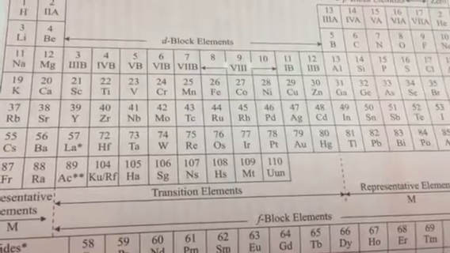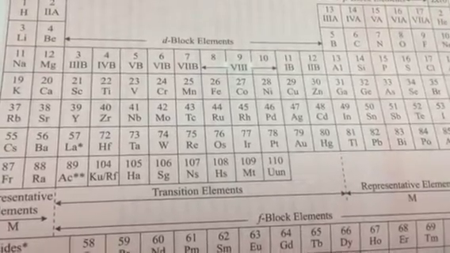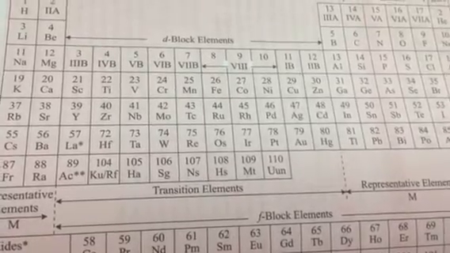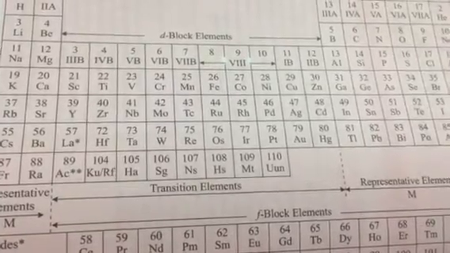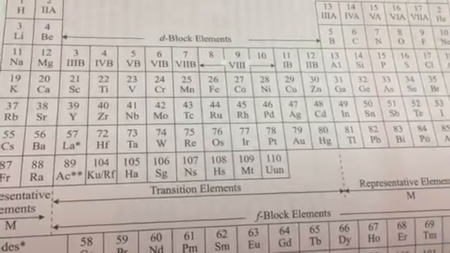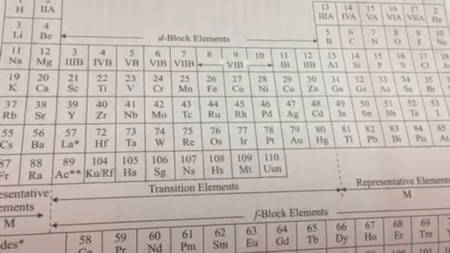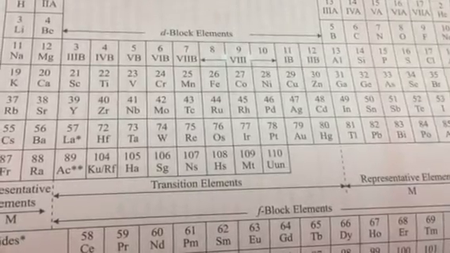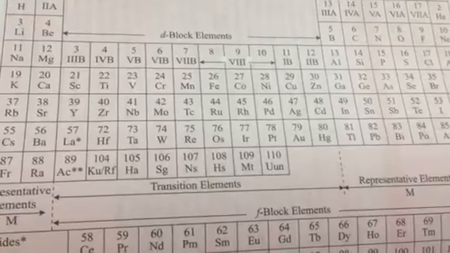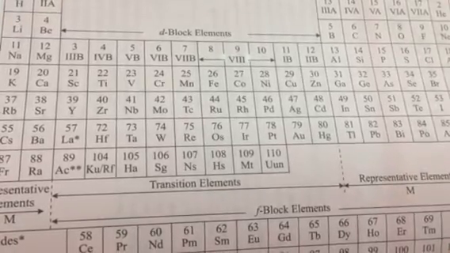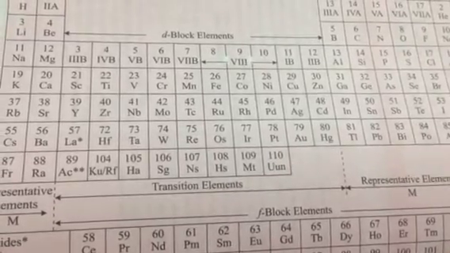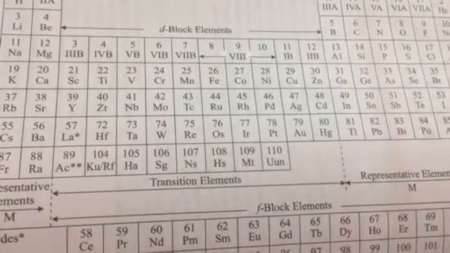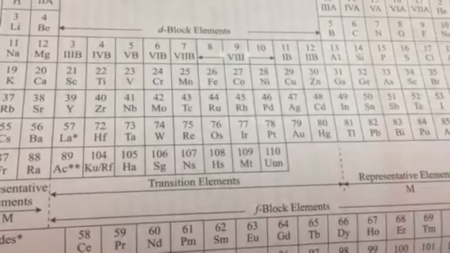Now if you look carefully, there are 4 transition series. The first transition series is from scandium to zinc. The second is from ytterbium to cadmium. The third is from atomic number 57 to atomic number 80, that is lanthanum to mercury. Next we have the fourth transition series from atomic number 89, that is actinium, to atomic number 110, that is UUN,